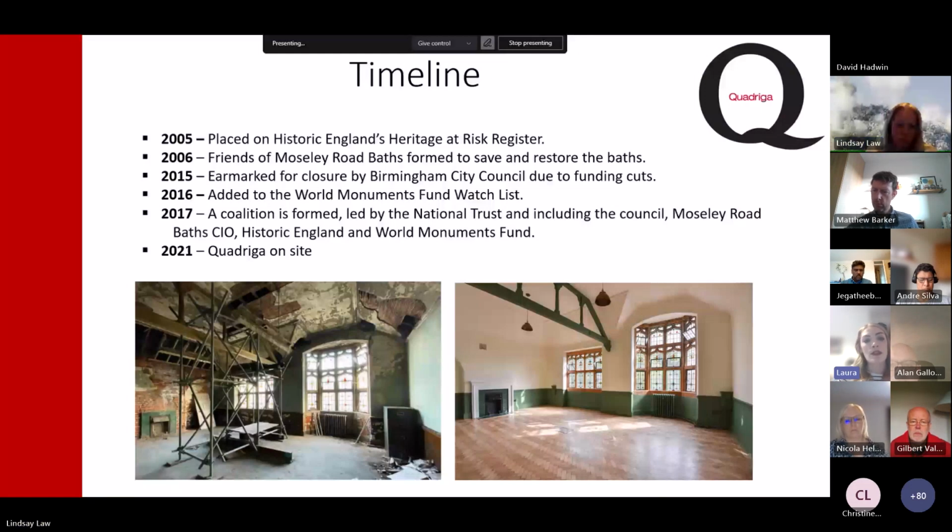They appealed to the World Monuments Fund, and they actually got it listed on the fund's watch list, which is pretty amazing. If you go on their website, they deal with buildings and structures all around the world, and I think there are only a couple that have been put on it from the UK in the last 10-15 years. So in the following year, after the World Monuments Fund put a bit of pressure on